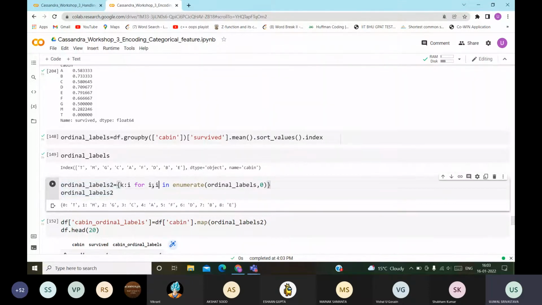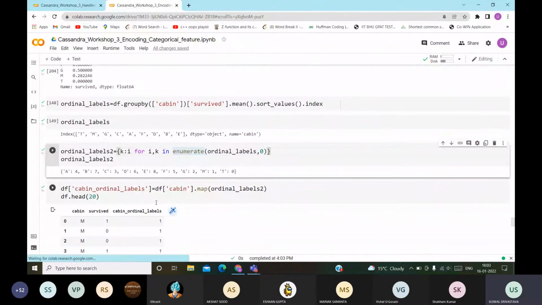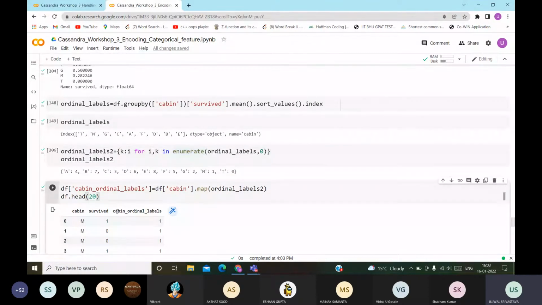For that we do i, k. The enumerate function basically helps us make this dictionary. Now A has been assigned a value 4, B has been assigned 7, C 3, and so on. So we are creating a new column, cabin ordinal labels.